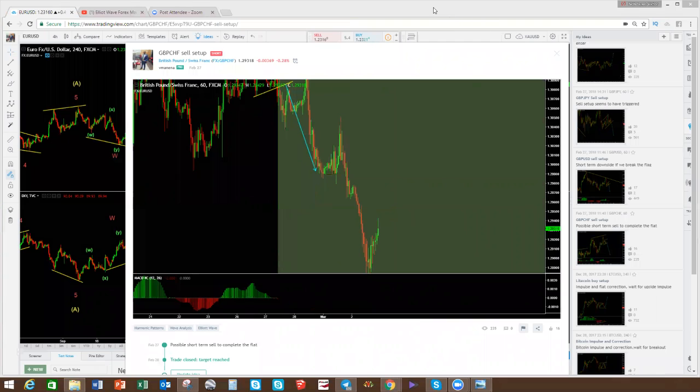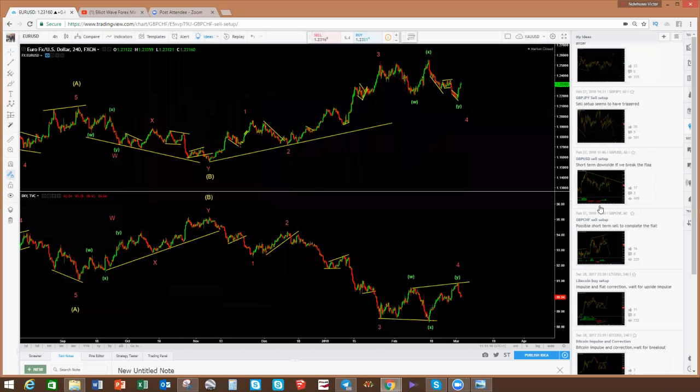and kept giving 3-wave pullbacks. Let me draw this one cleanly. So you can see the 3-wave pullbacks. Right, so now it looks like we're going to reverse a bit and get another 3-wave pullback. Right, so you look to buy when it does that. So that was Pound Chief, and another one was